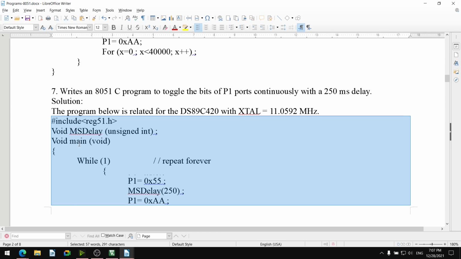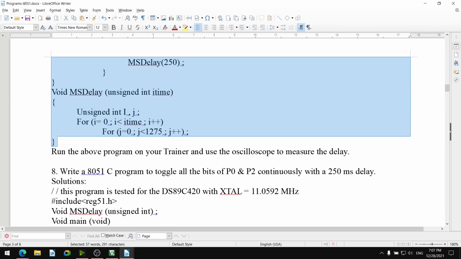After include, it is defined. Okay, and in this function MS delay, unsigned integer i time is passed as the argument, and that i time is 250, and unsigned integer i and j, for loop of i and j are there.